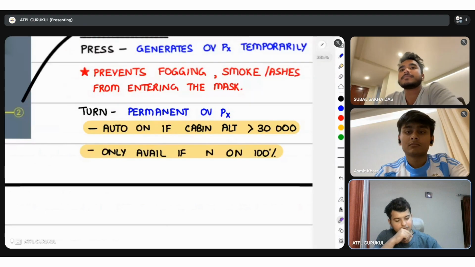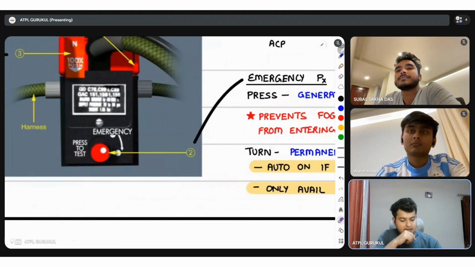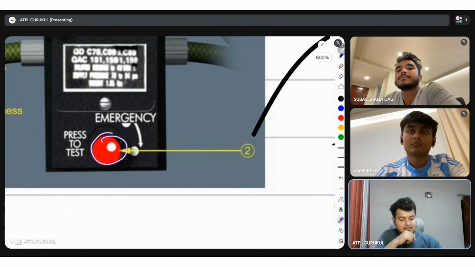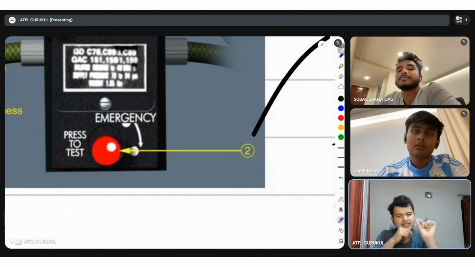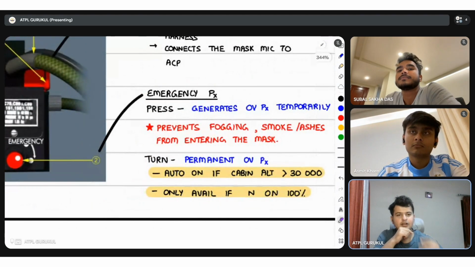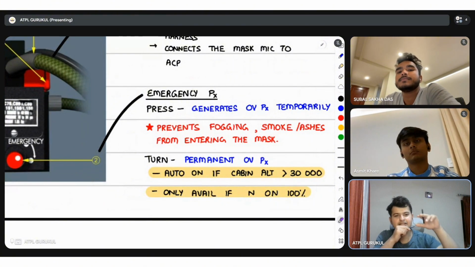ओके, सो व्हेन यू टर्न दिस ऑन इमरजेंसी, अब अच्छा, दिस इज नॉट ओनली अ नॉब. ये नॉब के साथ साथ इसके अंदर एक बीच में बटन भी है. अगर आप वो बटन प्रेस करोगे तो वो टेम्पररी 2-3 सेकंड के लिए देगा पॉजिटिव प्रेशर. इससे क्या होगा, अगर अंदर स्मोक भर गया, धुंध भर गई है, जिन जिन लोगों ने स्कूबा डाइविंग की है उसमें भी यही सिस्टम होता है,